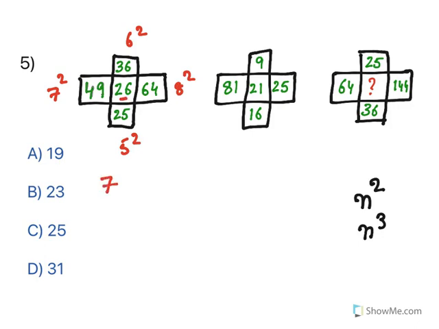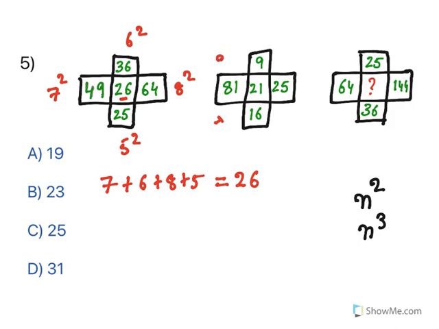Now, let us understand how you can get this one. Add all these things. 7 plus 6 plus 8 plus 5. All of them are squares you have in the boxes. When you add all of them, 7 plus 6, 13. 13 plus 8, 21 plus 5, 26. That is what is in the middle. Let us see about this one.